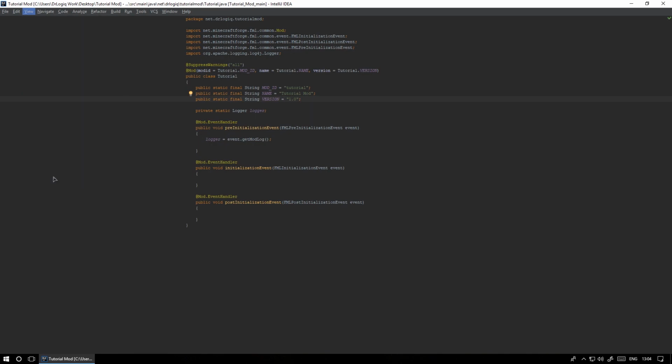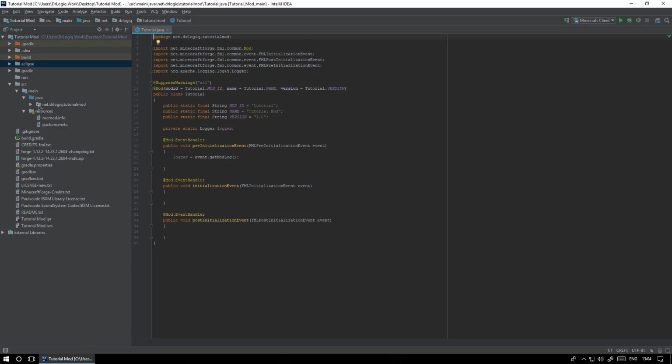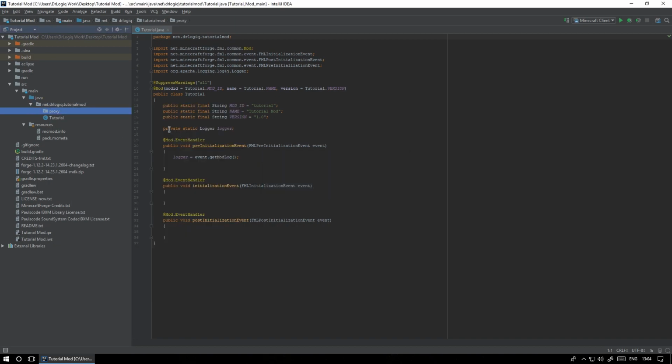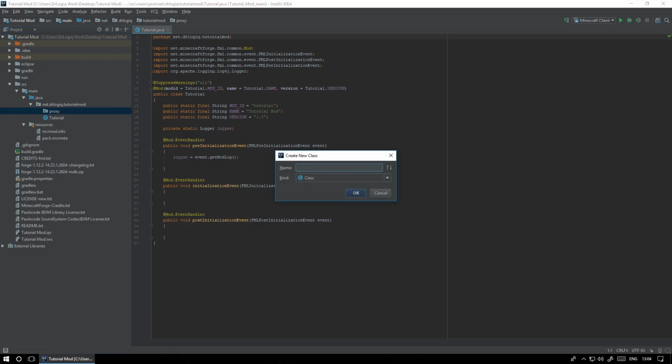Let's do the proxies. So let's make another package, just call this proxy, and contrary to popular belief, I am going to be using common proxies. Deal with it, because the whole point of proxies is to run code on either the server or the client, or both. So common would be both. So we're just going to make a class, call this common proxy,